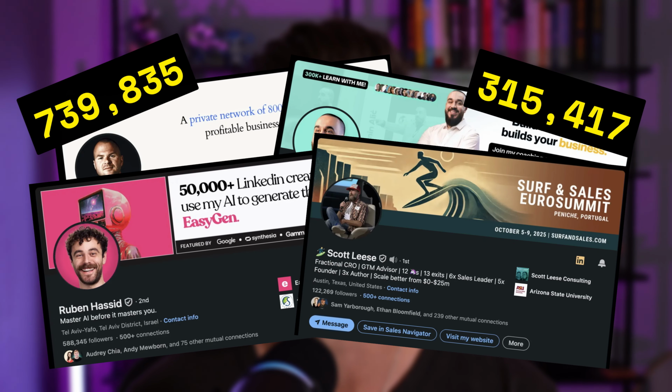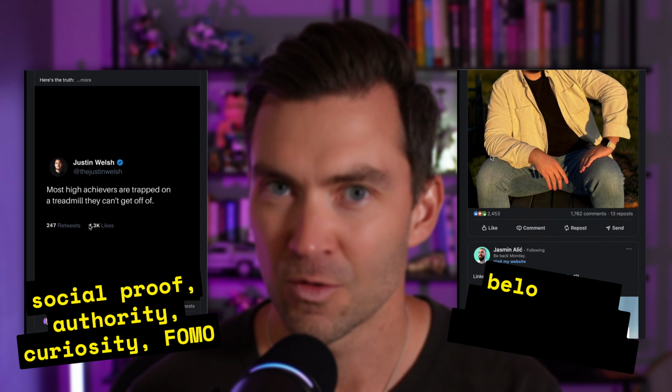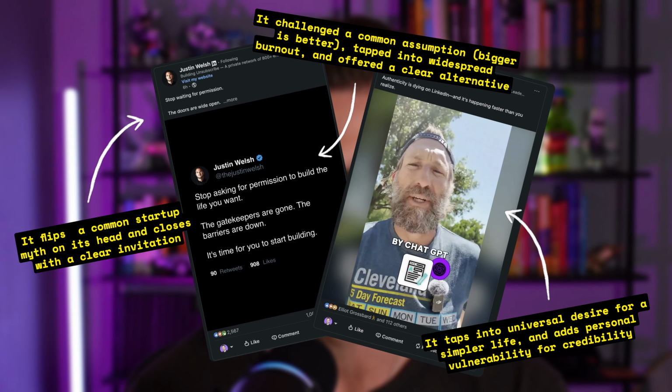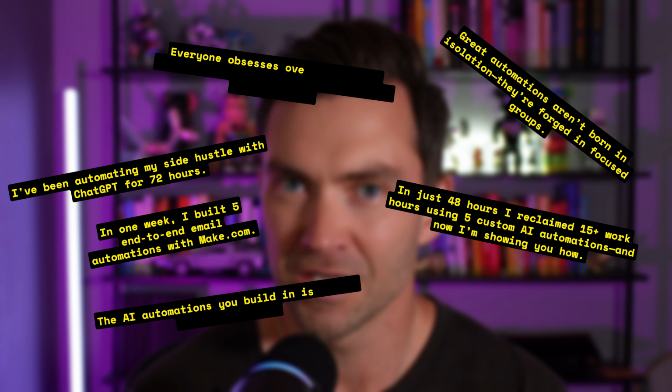LinkedIn is where B2B content dominates, and top creators are getting hundreds of thousands of followers. So let's build a system that studies what they post, figures out why it works, and automatically turns it into new ideas for your own content. Scrape their past posts, use AI to break down their strategy, and then generate original post ideas tailored to your